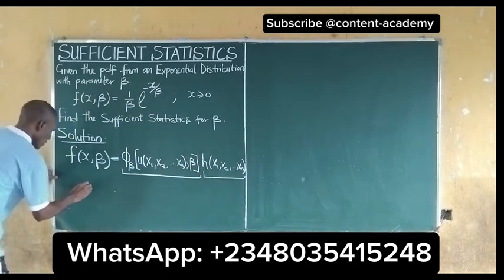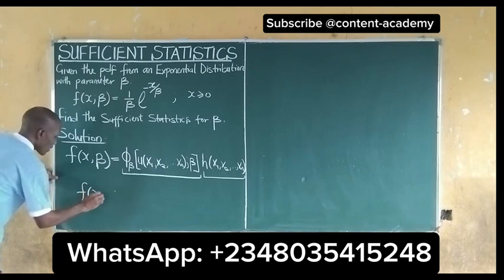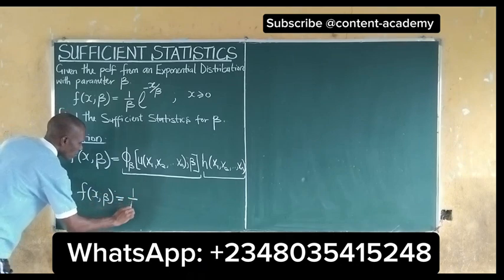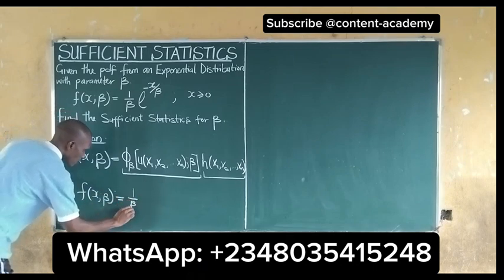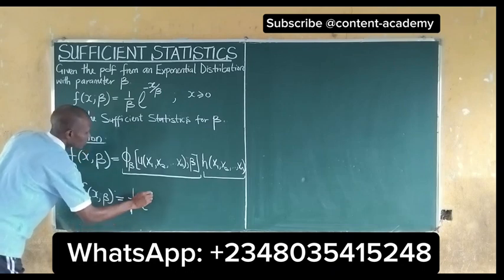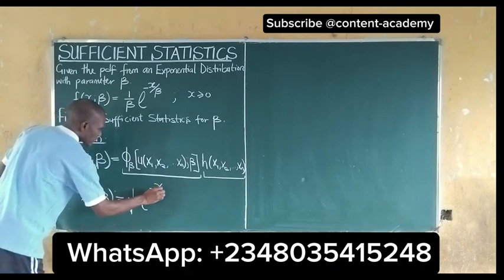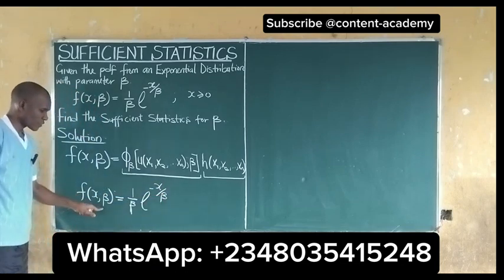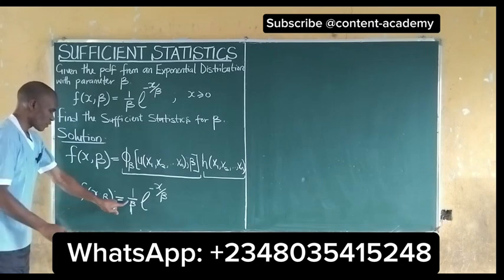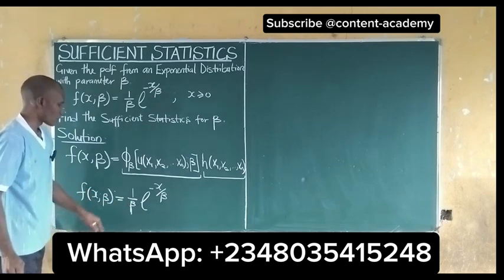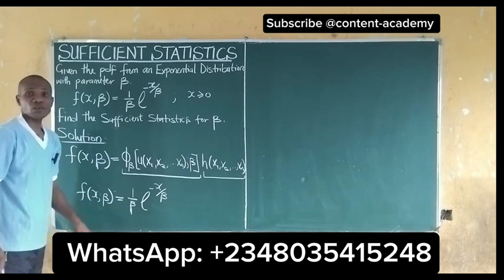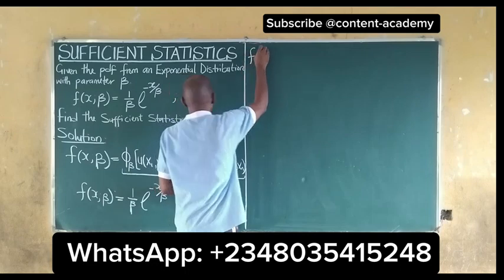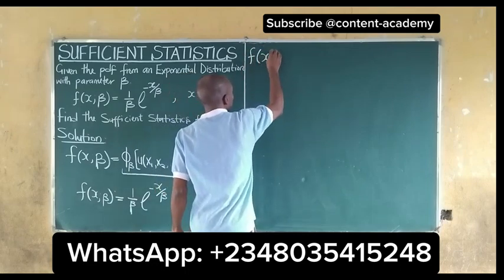Now, we are given the PDF. F of x, beta is equal to 1 all over beta, exponential negative x all over beta. The first thing to do is to take the product, or better called the likelihood function. So if we are taking the likelihood function, it becomes